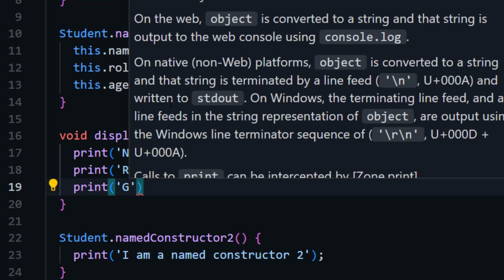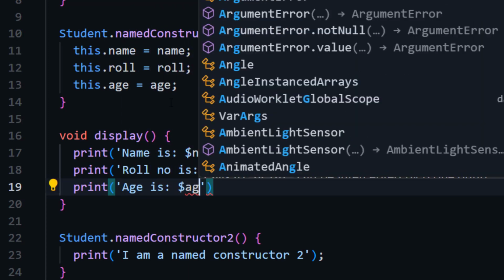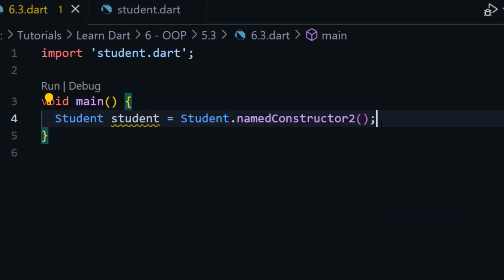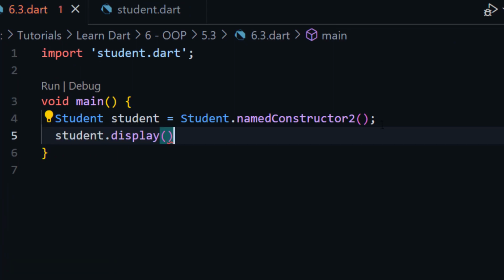Print age is age. Now if I call it by using object dot student dot display, now it will display values, but first